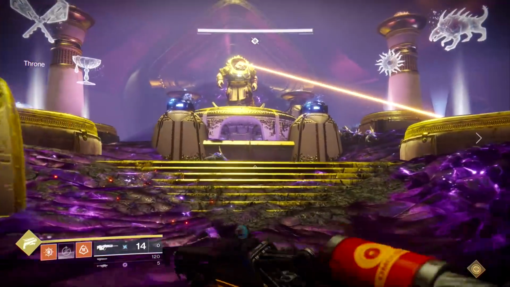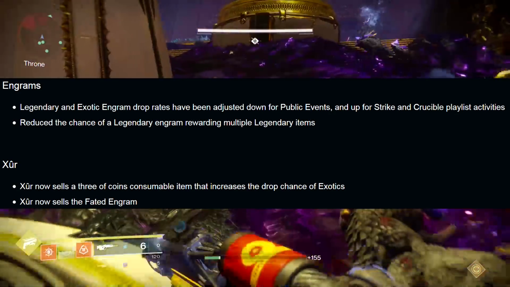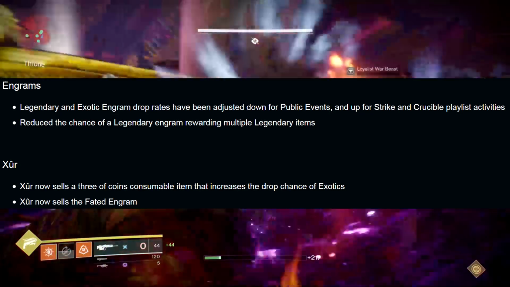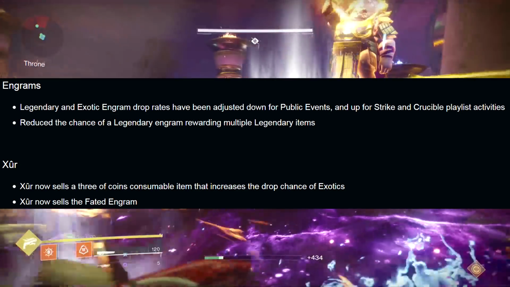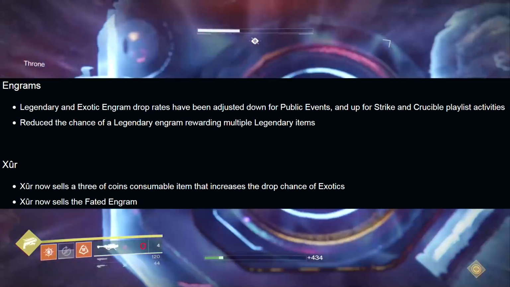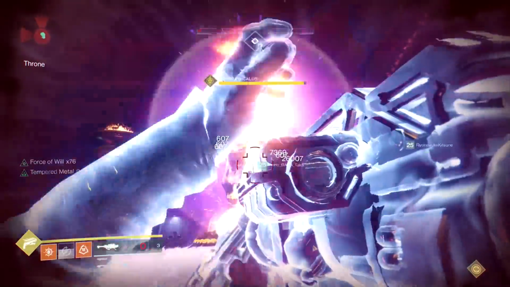But speaking of engrams, let's move on to those. Legendary and exotic engram drop rates have been adjusted down for public events and up for strikes and Crucible playlist activities. This is kind of interesting because I'm not exactly sure what the numbers on it were, but it certainly felt like, at least since Curse of Osiris came out, my exotic engram drop rate for public events has definitely